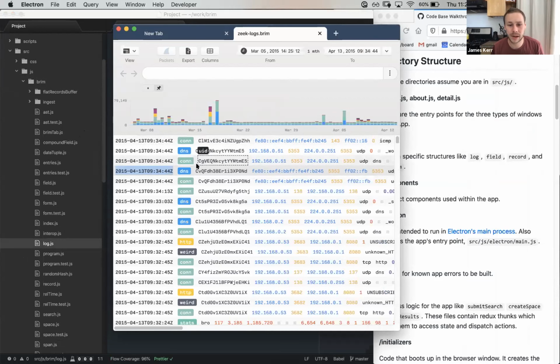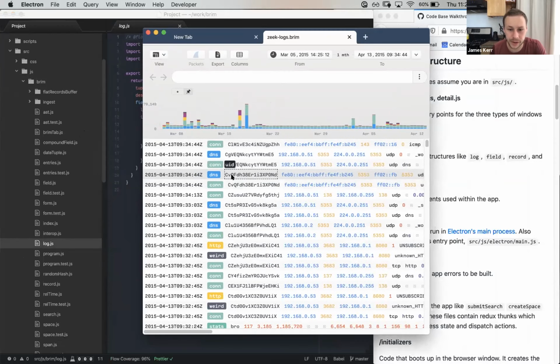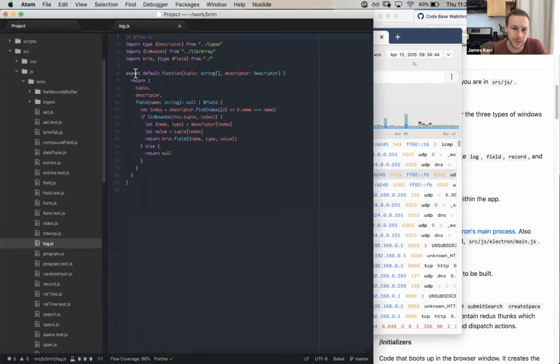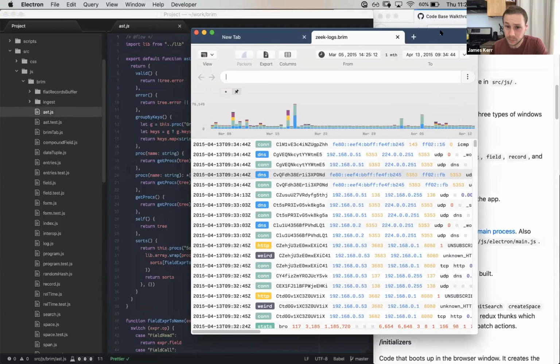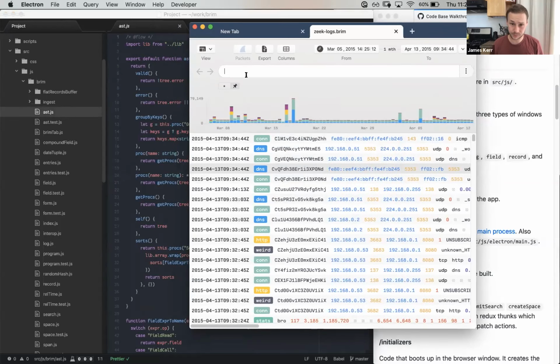And then if I wanted to get the UID field, I would call a function like getField and then pass in UID as a name. And so that's what this little object does. So yeah, Brim is full of domain-specific objects. Like here's an AST object, where whenever I type in a search,